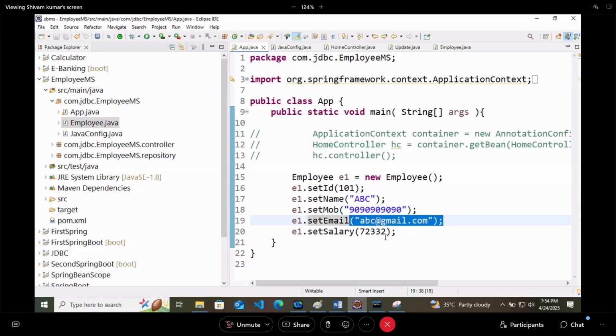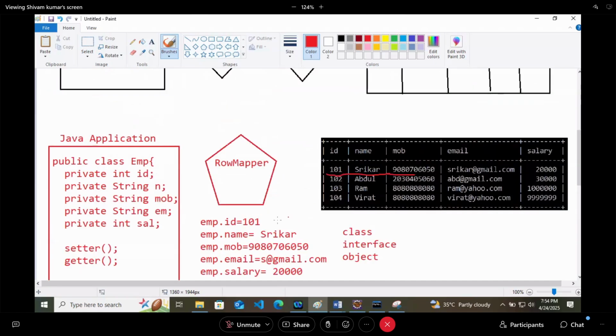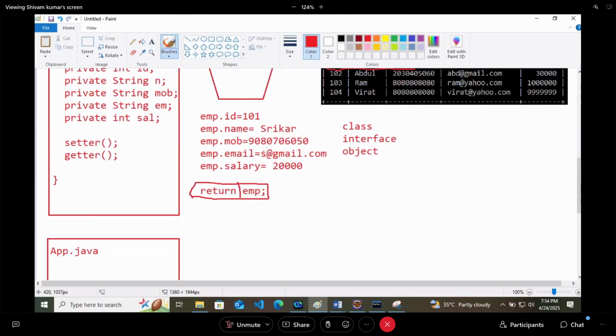Same way, it will take salary, and at last, it will return that employee. So row mapper is not doing too much hard thing, just taking values and calling these setID, setName, setMobileNumber, setEmail, setSalary methods. That is row mapper for us.